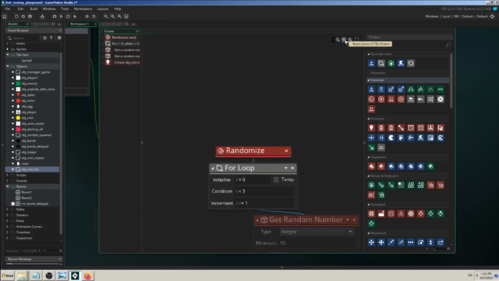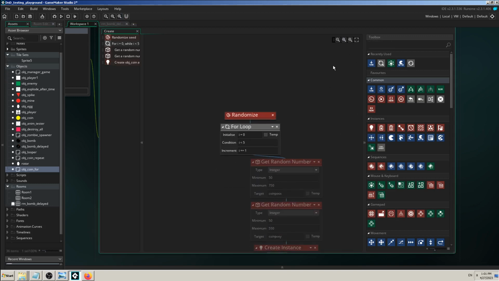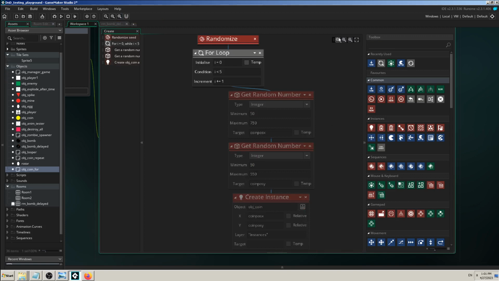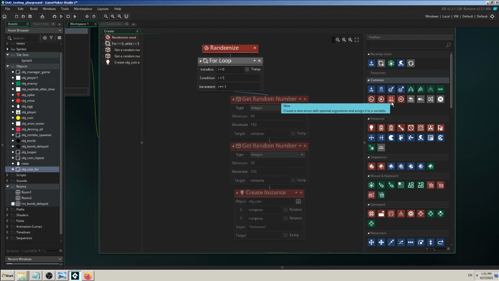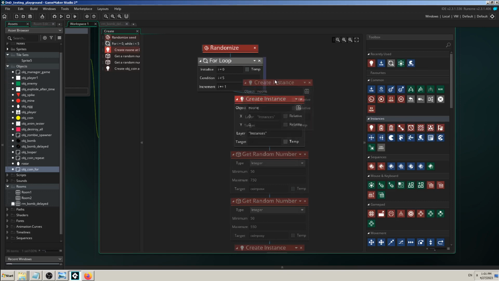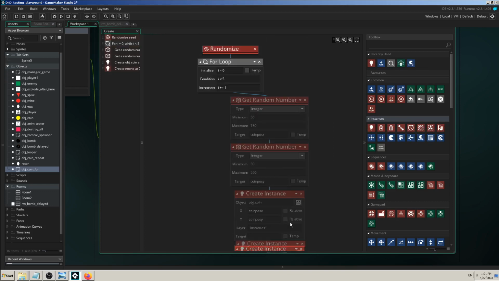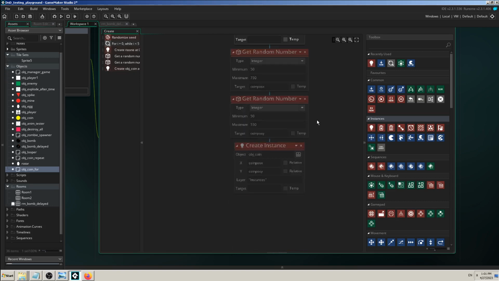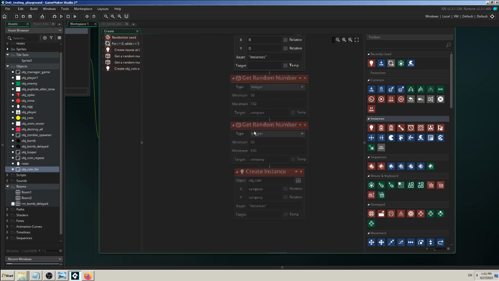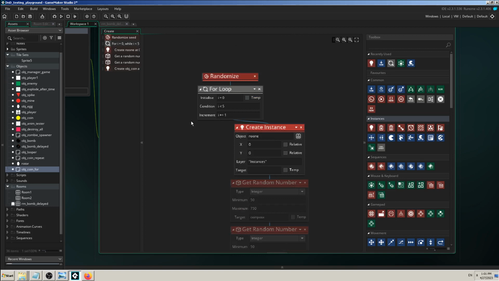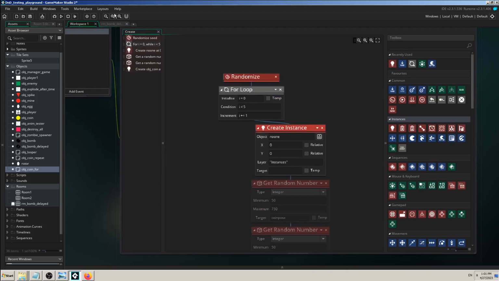Okay, now it's better. Okay, so I need to create instance. Okay, here, okay. Just forget all this random number and random number creation, because we need now to create some kind of very